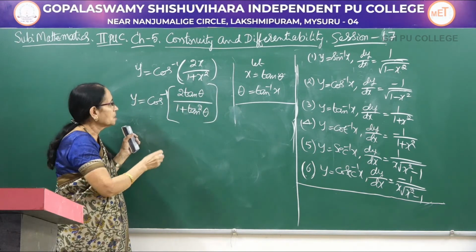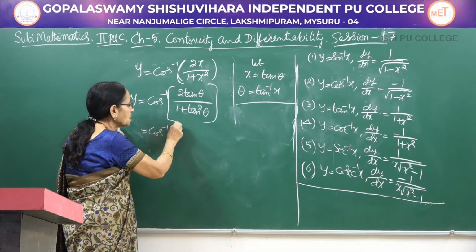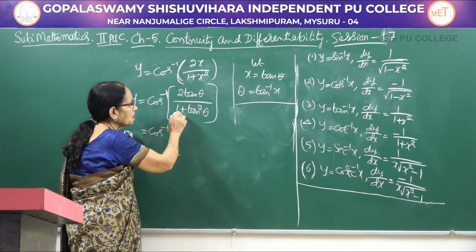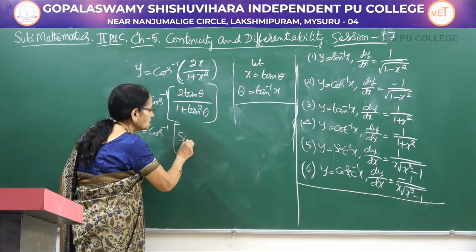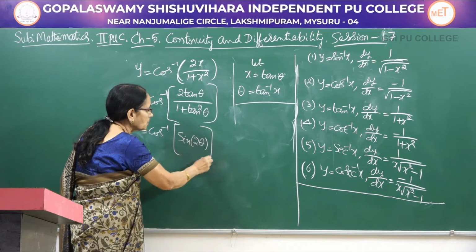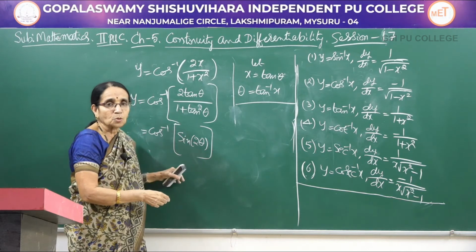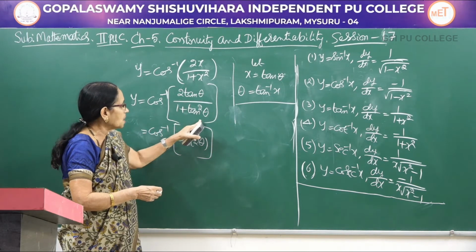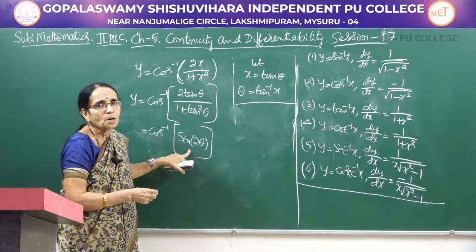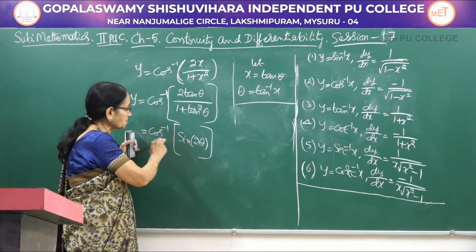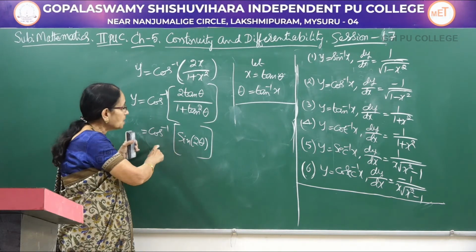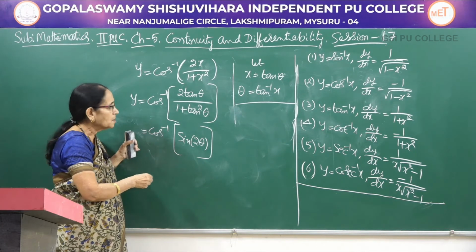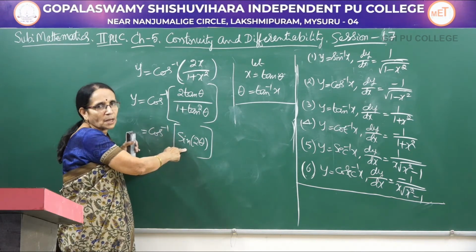Again I am referring to a lesson which you have learnt in first year PUC, that is about the multiple angle formula. 2 tan theta over 1 plus tan square theta is nothing but sin of 2 theta. Sin of 2 theta and cos of 2 theta, both of them can be expressed in terms of tan theta. So 2 tan theta over 1 plus tan square theta is actually equal to sin of 2 theta. Suppose we had here cos inverse of cos, you can directly write it. Whereas we are having cos inverse of sine of something. So again, see here we made use of the multiple angle formula.